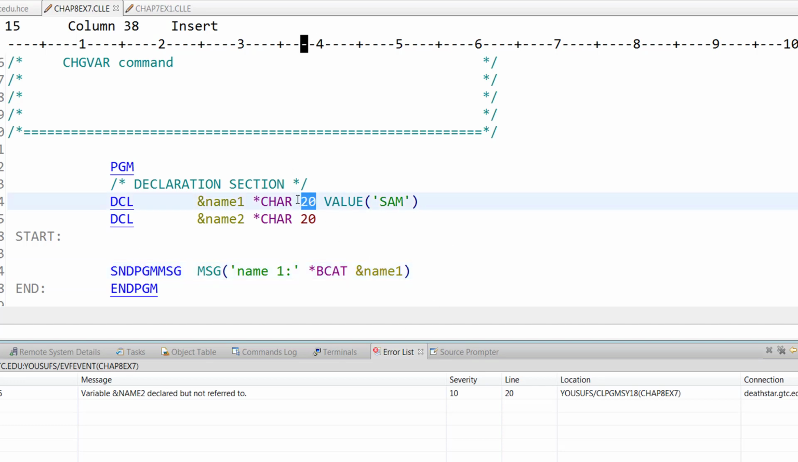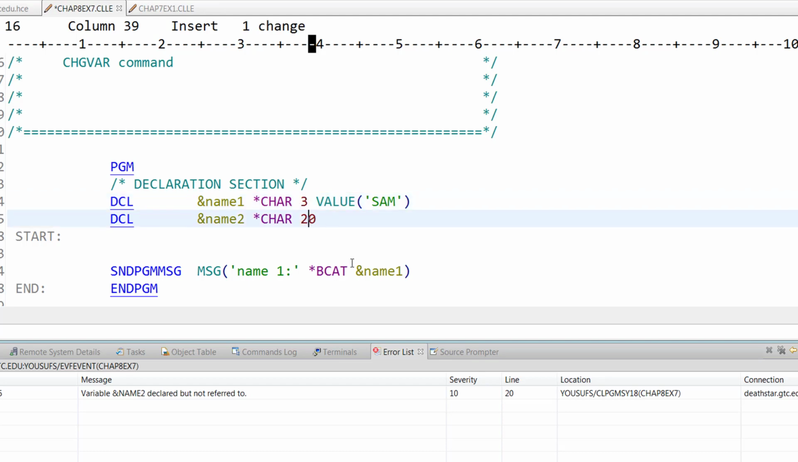Now we're going to make some changes to this program. In name1, we'll still have Sam. We're going to reduce the size to 3. For name2, we're going to increase the size to 30, and the value will be